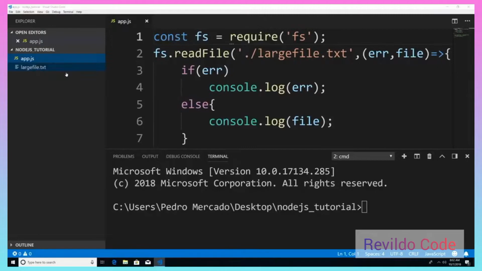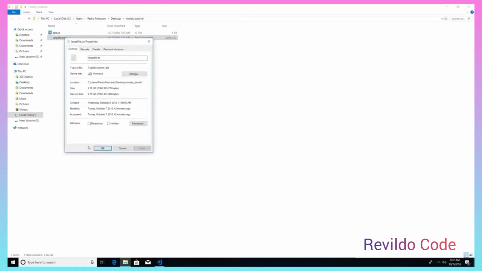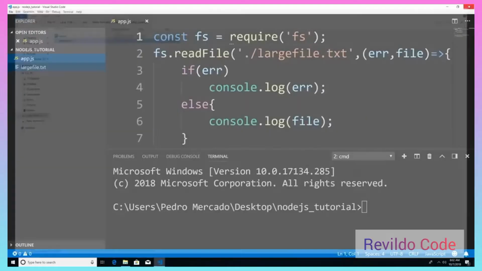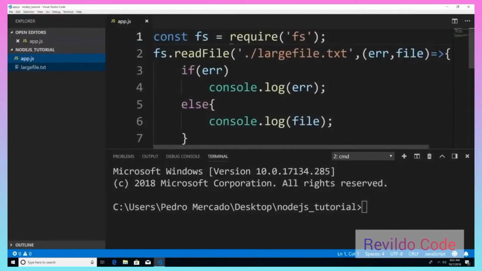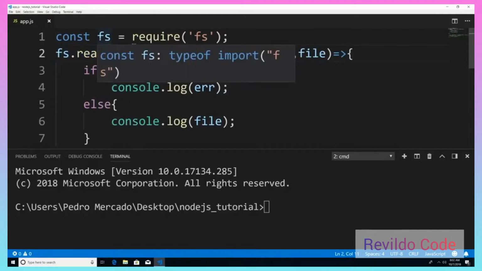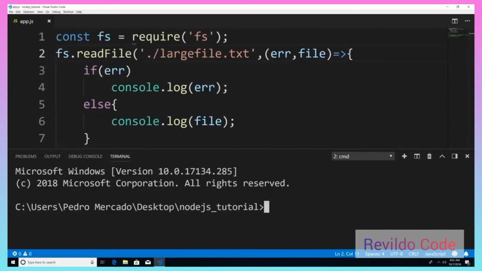If I click Reveal in Explorer, right click, Properties, you can see that the size is about 2.7 gigs. So let's take a look at what would happen if we were to use the readFile method from the file system module. Now if I execute this and type node app,